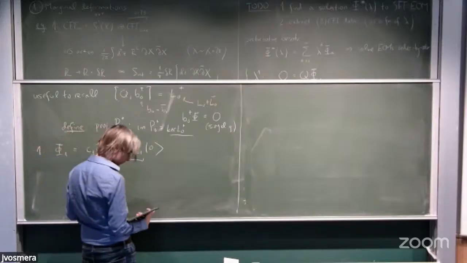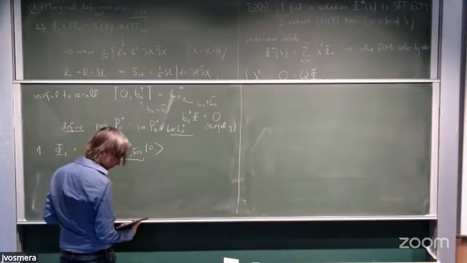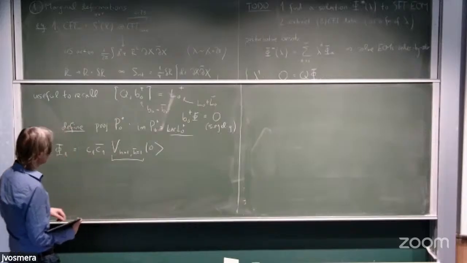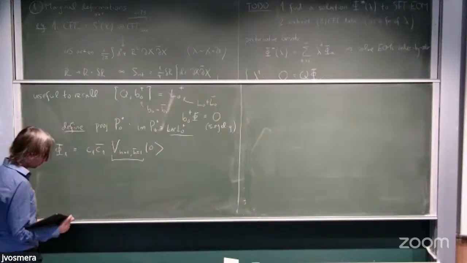So this is a dimension (1,1) matter primary. I said that one can always generally write down phi 1 as that, but I should also mention that